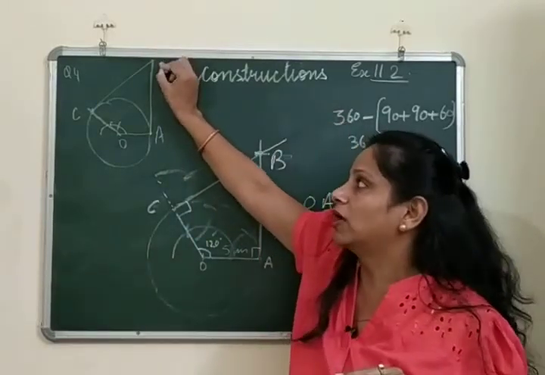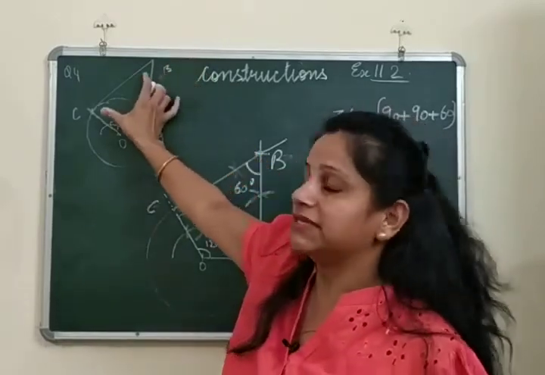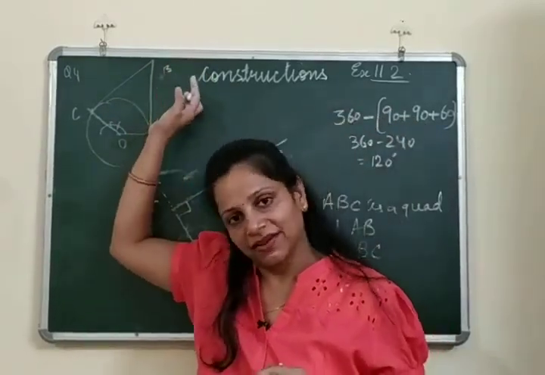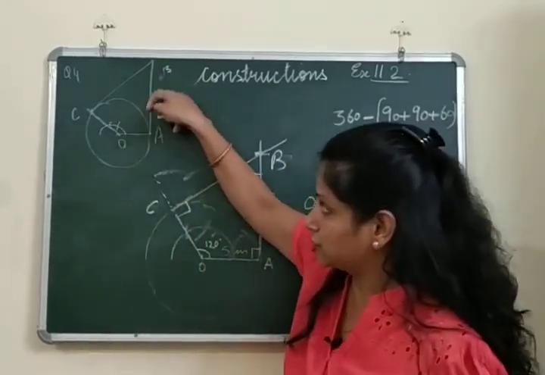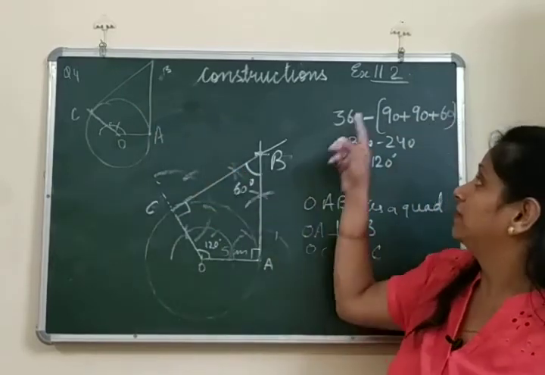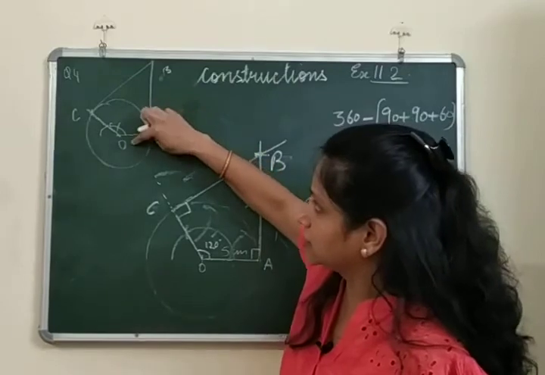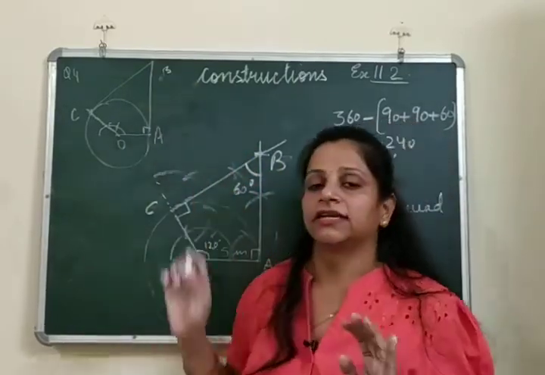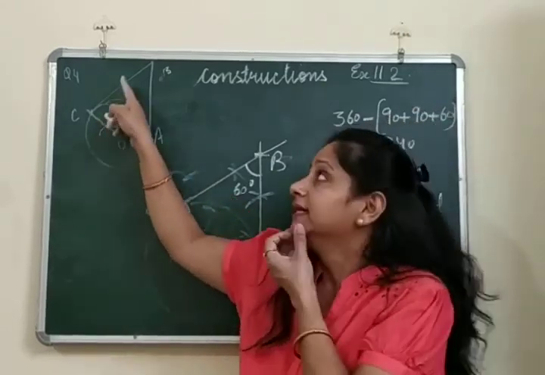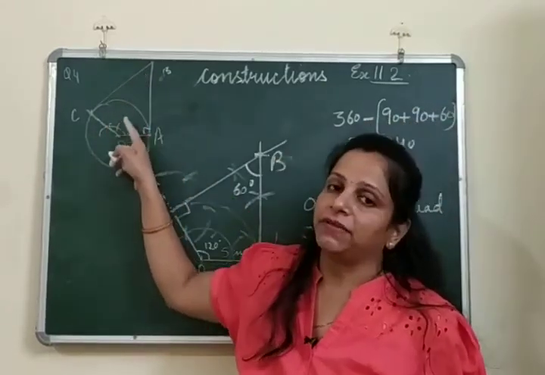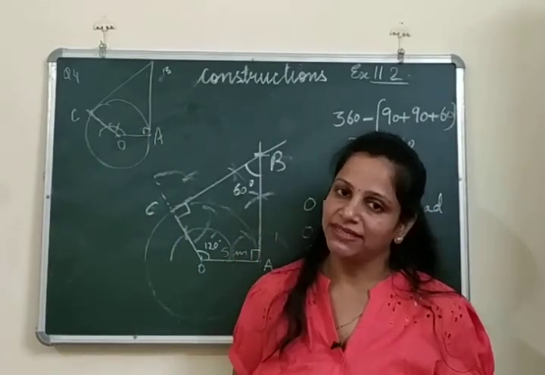That point will be your B, right? That point will be your B and AB and BC are the two tangents, right? And why have we taken 120 degree at the center? Because after the construction you will see that it is a quadrilateral. In a quadrilateral the sum of four angles is 360 degree, and this is a tangent and this is a radius. Tangent and radius are perpendicular to each other. That means this angle will be 90, this angle will be 90, this is 60 they have given to us. That means obviously the center angle will be 120 degrees, right?